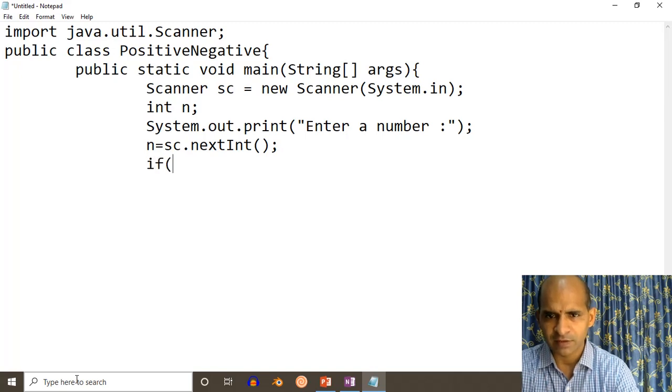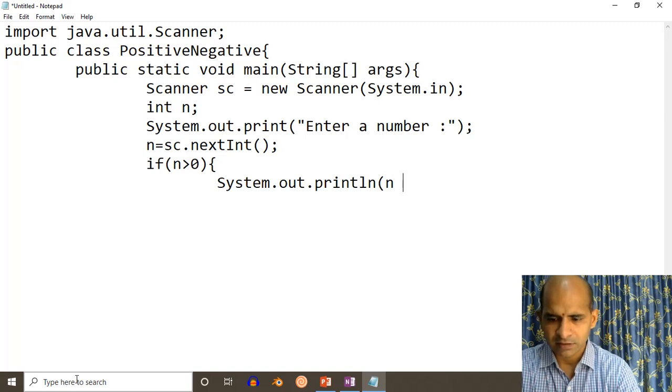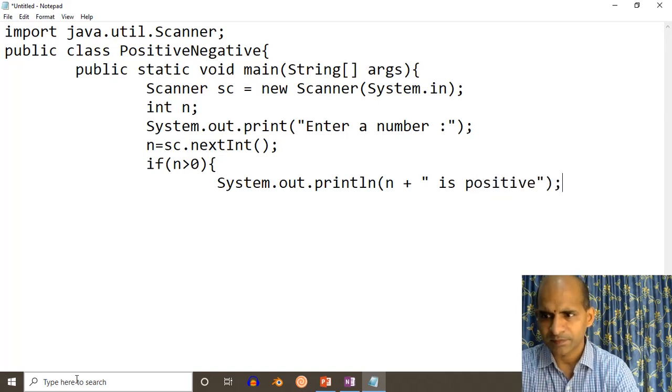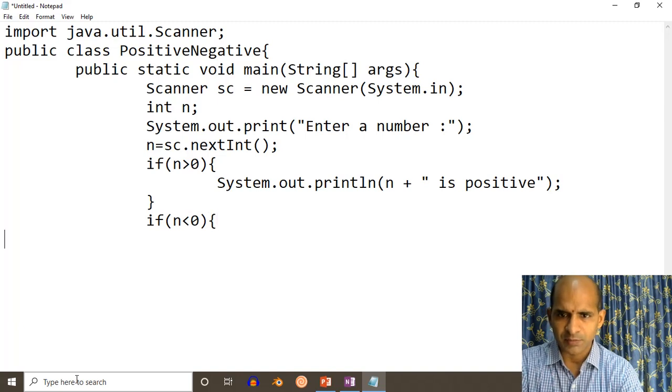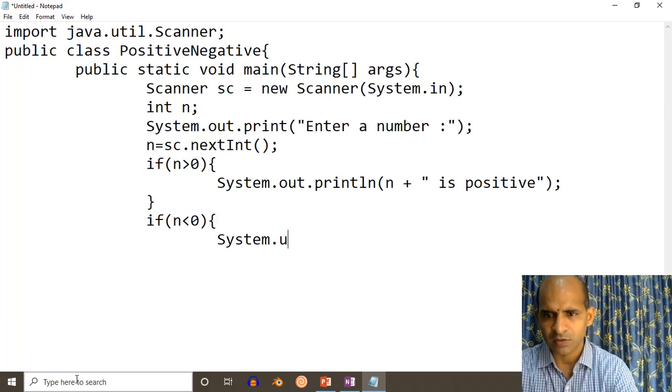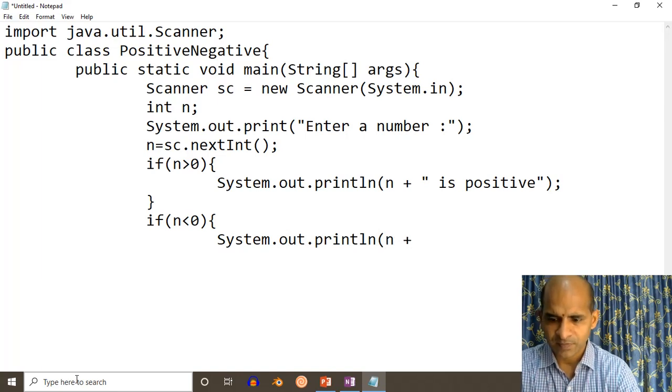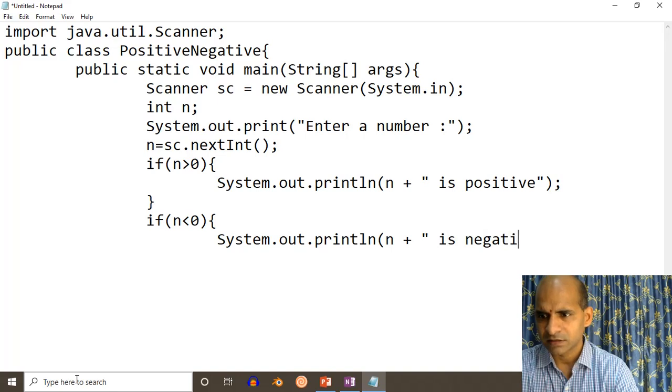Here I will provide: if n is greater than 0, we provide the message System.out.println(n is positive). Then if n is less than 0, I provide the message System.out.println(n is negative).